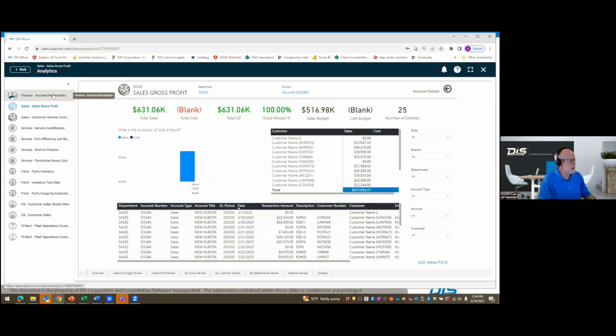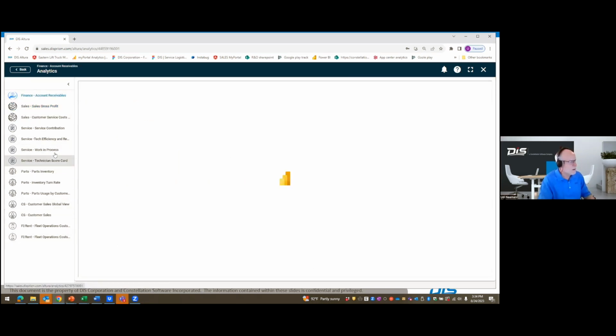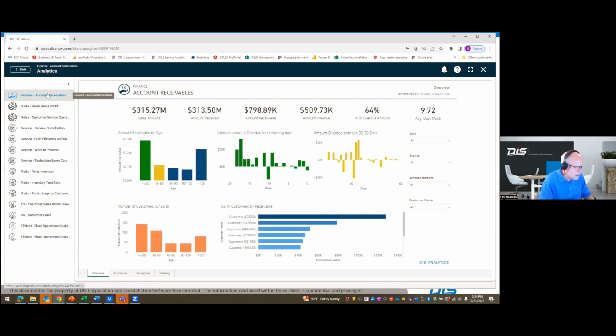And in that, let's look, for example, you can see here all the different data sets that I have. Right? So I can sort and I can say, okay, am I interested in account receivables? That is a specific data set. Am I interested in the tech efficiency? That's a specific data set, right? I'm looking only into the closed work orders. If I look at the work in progress, I'm looking only into the open work orders, right? So I sort really quickly between the data sets so I don't have to deal with huge amounts of data. They are huge anyway, but I don't have to deal with data oceans. I can deal with what we call data lakes in there, a little bit smaller. And here I'm looking into the account